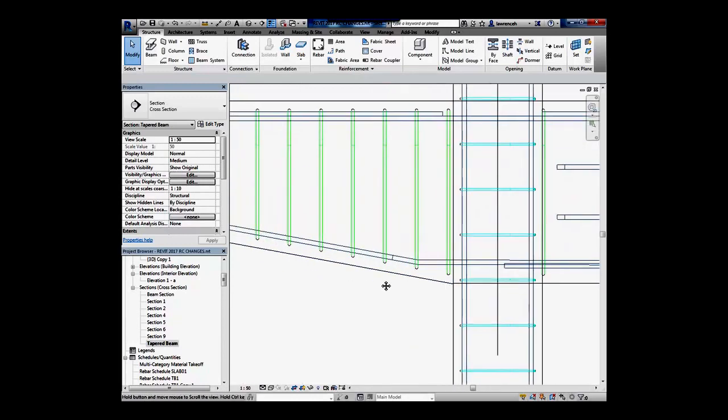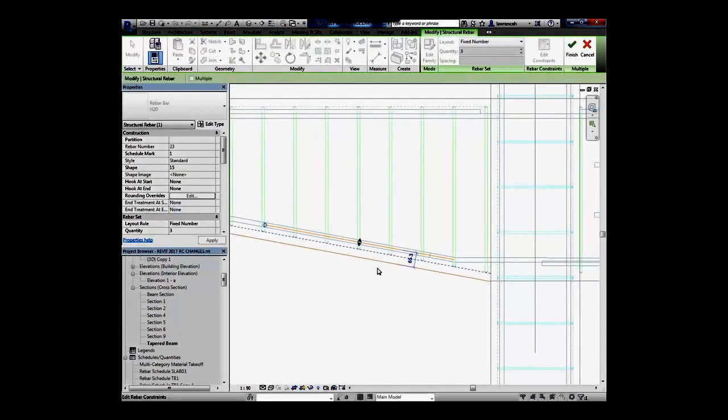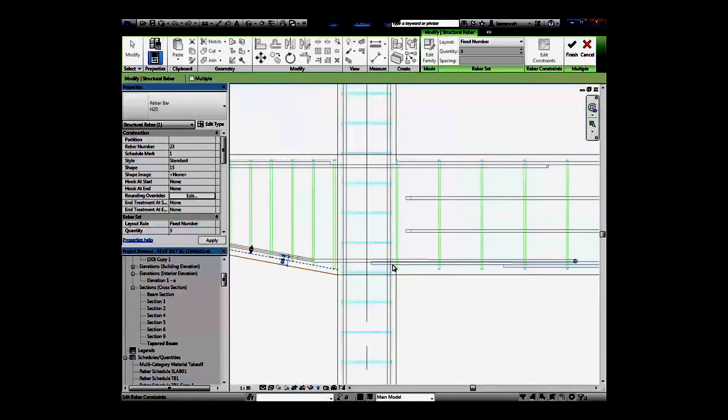Also, the way we actually edit constraints has changed as well. So if I now select this rebar here, you'll see that I've now got edit constraints. And if I choose this, in previous releases, you would have a dialog box and you would have to try and locate the bar that you wanted to edit the constraints on. Now all we do here is you just simply pick the bar like this,